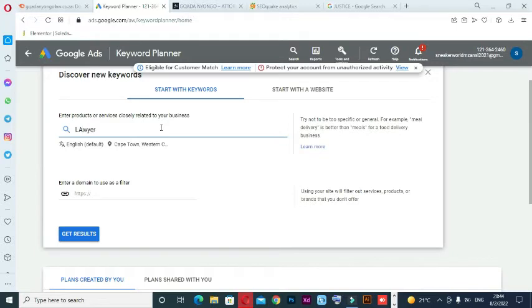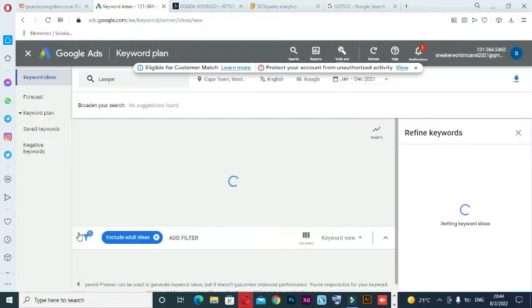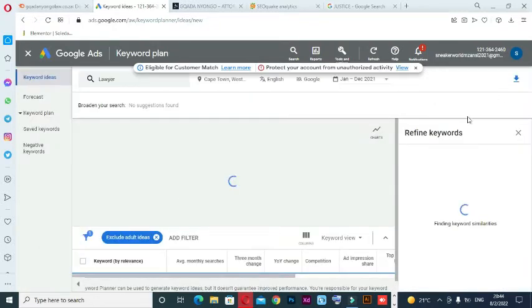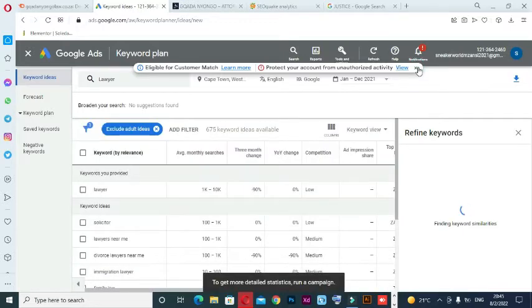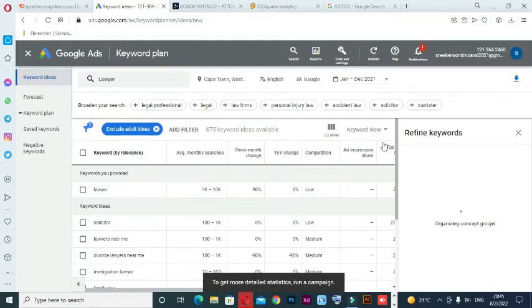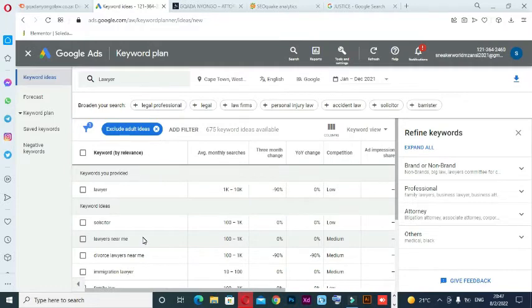So the word lawyer receives approximately 1k to 10k searches per month, which is good, and the competition is low, which is a good thing actually in Cape Town. If you try to utilize this keyword, lawyer, somewhere, you can say lawyers near you,